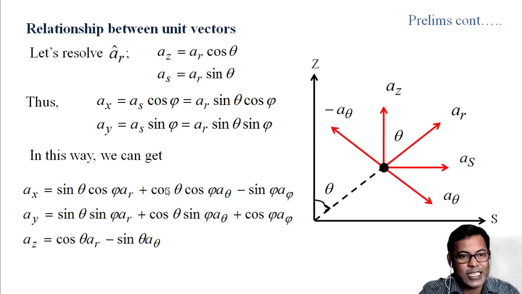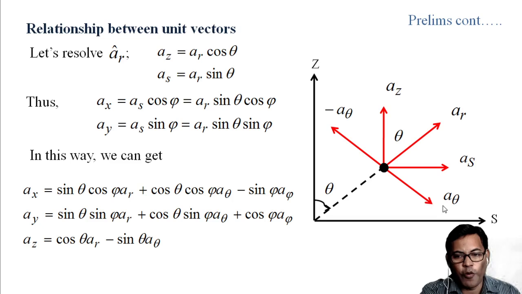In the x direction we have a_x equals to a_s into cos phi. So here a_s we have a_r sin theta, so putting the value we get a_r sin theta cos phi. Similarly a_y equals to a_s sin phi, that is equal to a_r sin theta sin phi. So in this way we can find out a_x, a_y and a_z. Here you see that a_x is equal to the component of a_r, so sin theta cos phi a_r, and the component of a_theta,